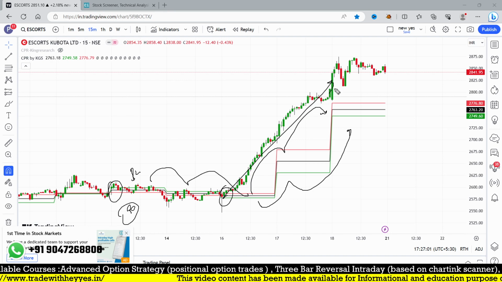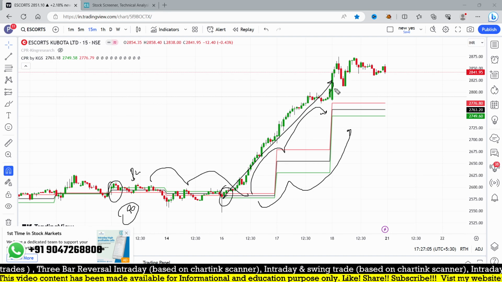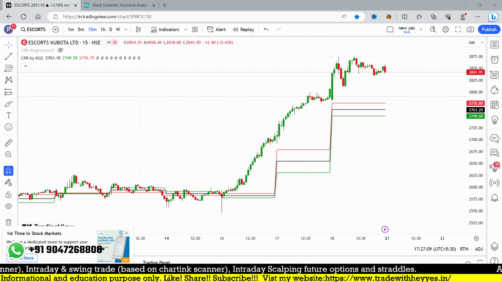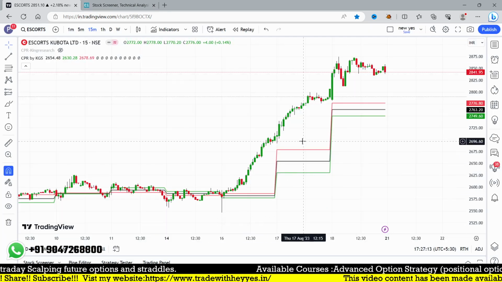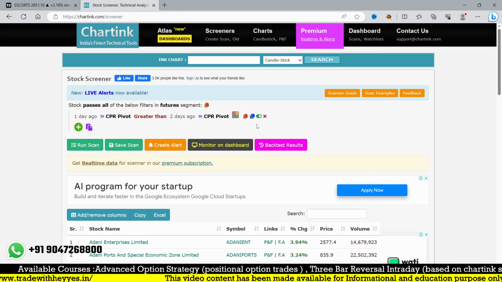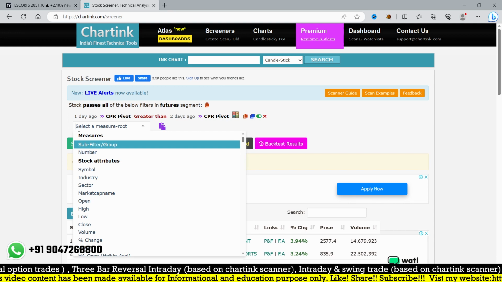From there it moves. And that is also something we can simply filter out with the scanner. We maybe try to create that scanner in the next video, or maybe soon we can plan for that. Okay, so simple higher value CPR, and this one we are going to create for today's scenario. Another condition we have to use